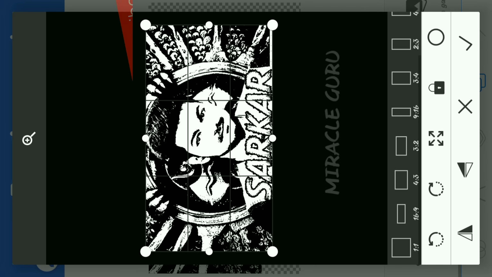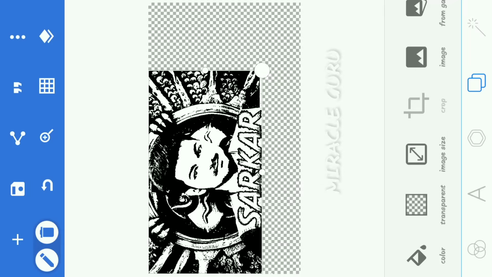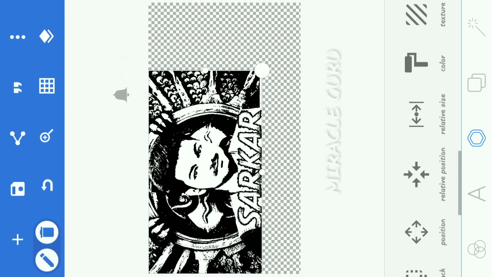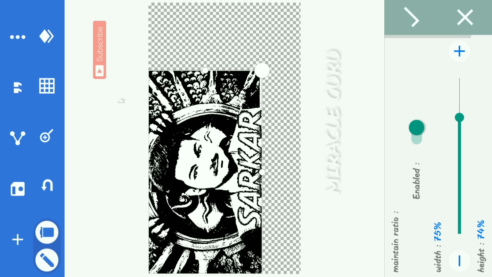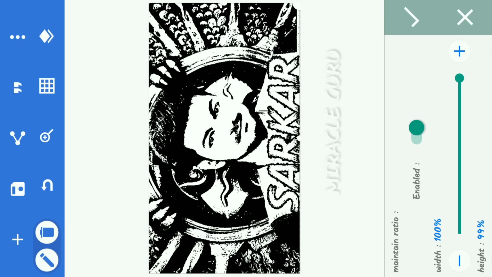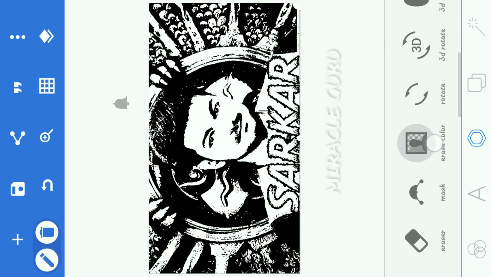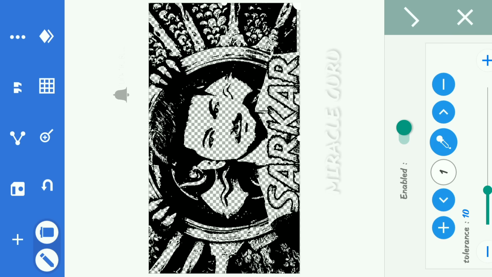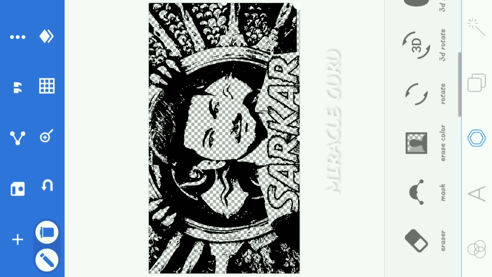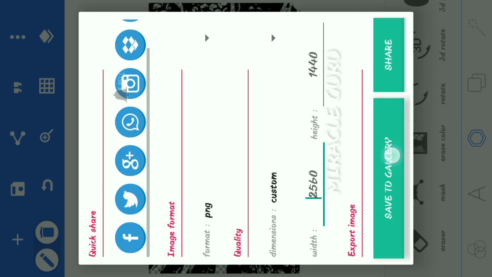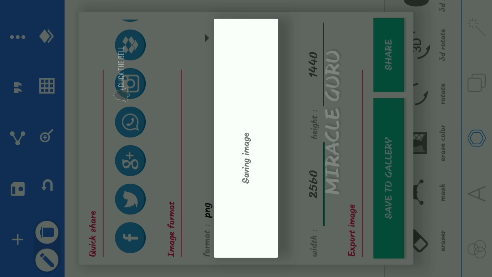then select the picture we have edited in PixArt, then click on that again pentagon option and click relative size, increase it up to 100, then click OK. After that select that erase color and enable it, extend that up to 70 and click OK, then click on the save option and save as a image, so save to the gallery, and that's it, your image is saved